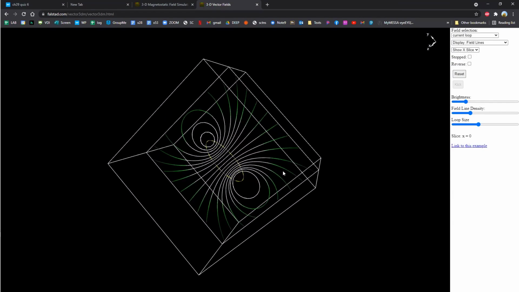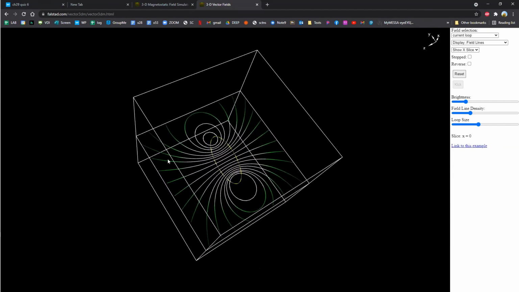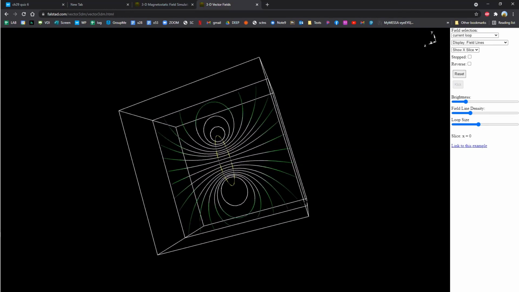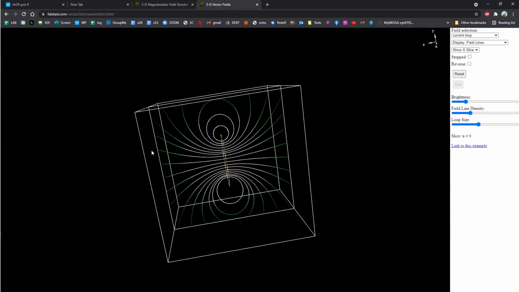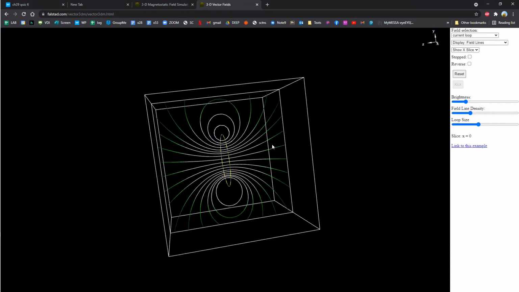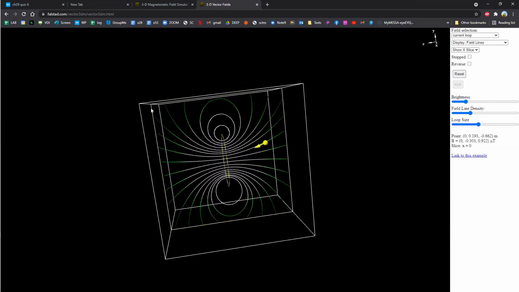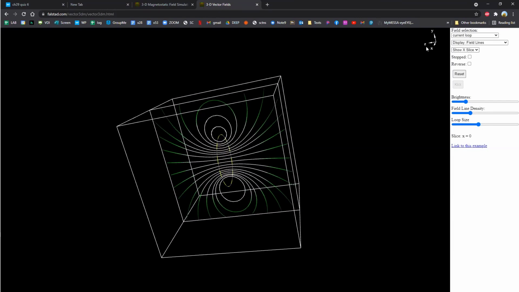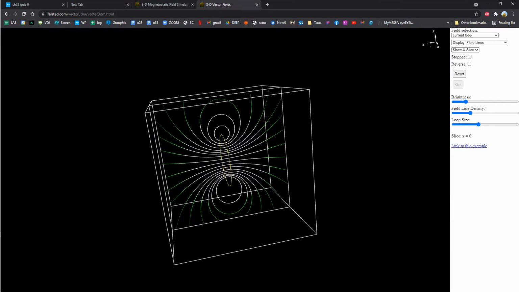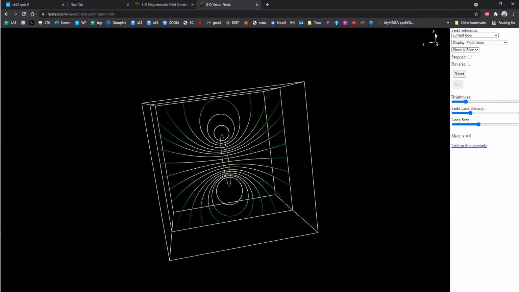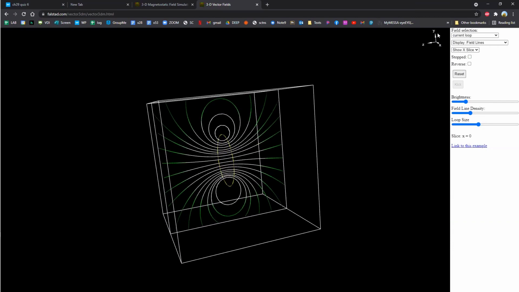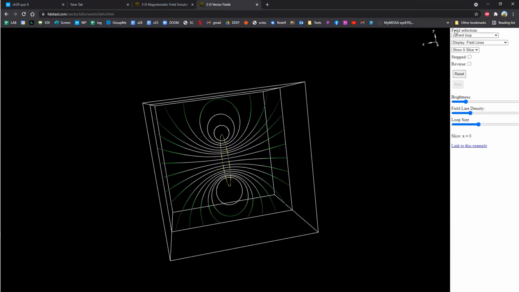So this is what happens when you do that right-hand rule enough times. If you're patient enough and careful enough drawing, I'm kind of fumbling here. Lift up and lift over, and that's probably okay. If you do this right-hand rule business over and over again at every point